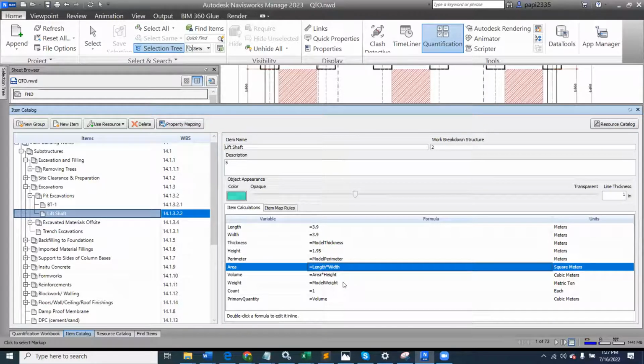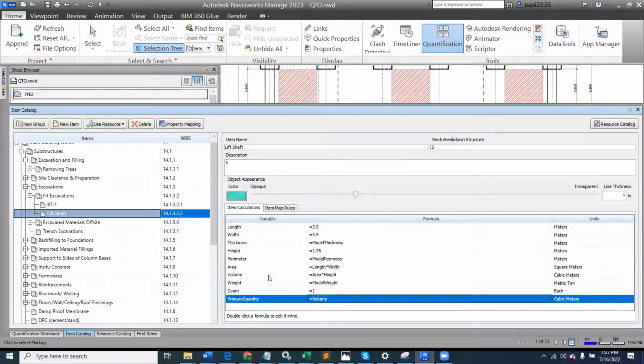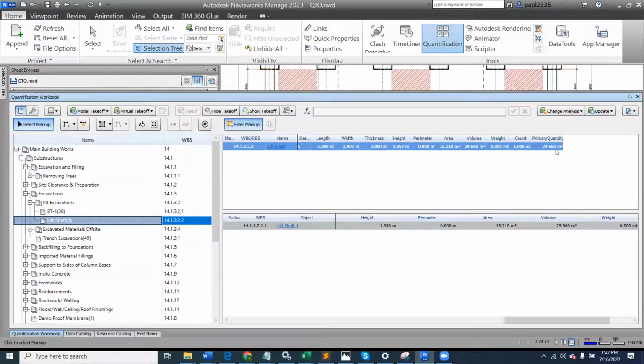And like I mentioned, a proper workflow should be that you collect all the information that is useful to you in the primary quantities environment. So that is why I am extracting only the volume and putting it on my primary quantities. And of course, the unit is cubic. So that is how it moves in this case, to give me about 29.66 cubic meters of pit excavation. Similarly also,